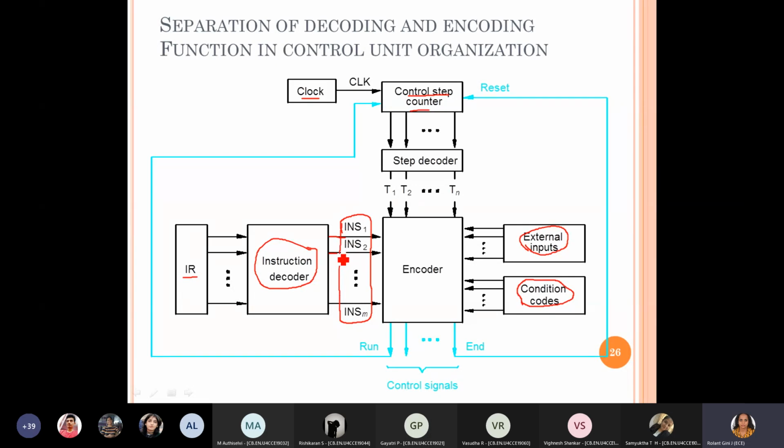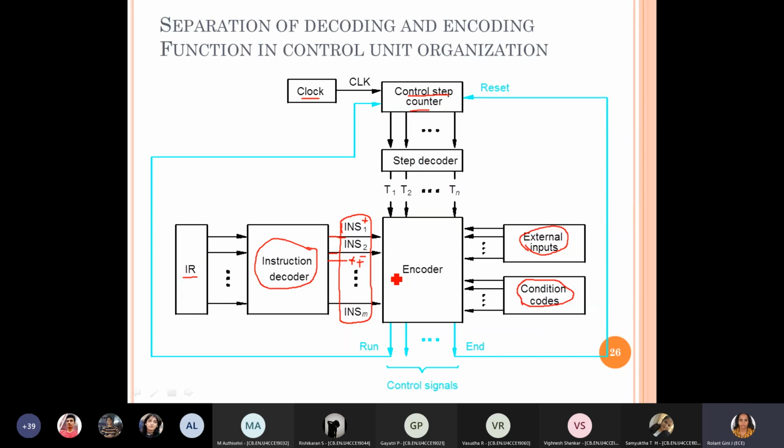If the second output is active, we assign it to another operation. For example, the first instruction could be addition, the second subtraction, the third increment. We people assign what operation each decoded output stands for.